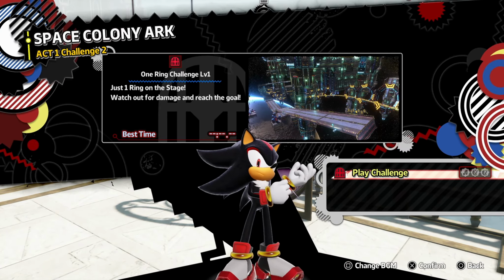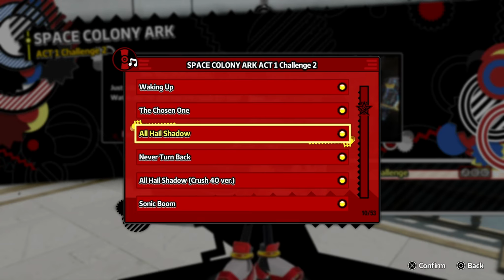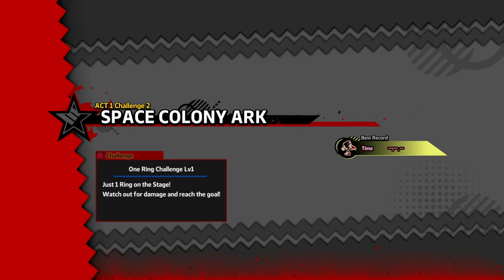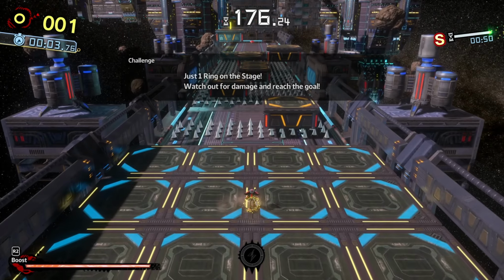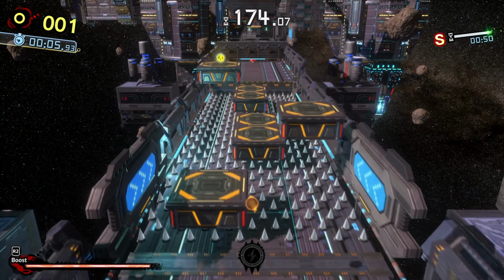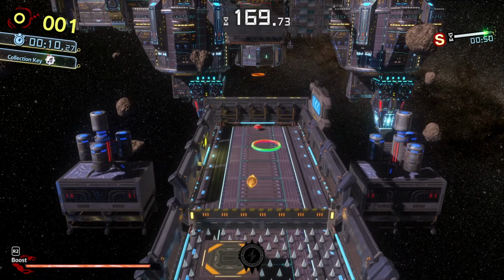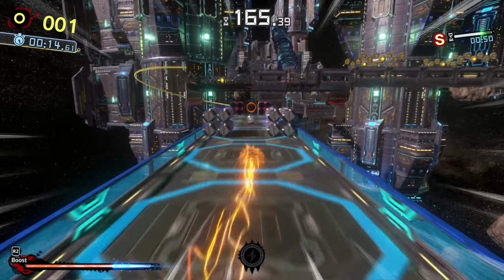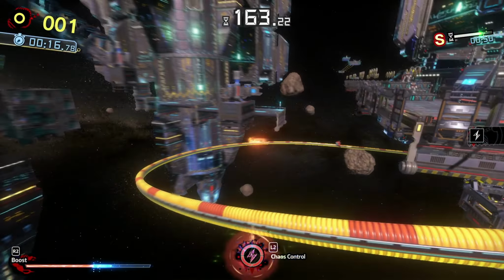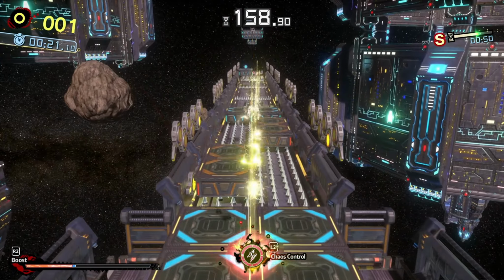Alright, 1 ring challenge. Let's change up the music. Let's do All Hail Shadow. It is Space Colony Arc after all. I mean, makes sense to have this. So this is platforming, and just don't get hit more than twice. You can collect the ring back again if you need to, but I'd rather just not get hit if I can help it. So head through here, and actually I'm going to save this Chaos Control because of this bit